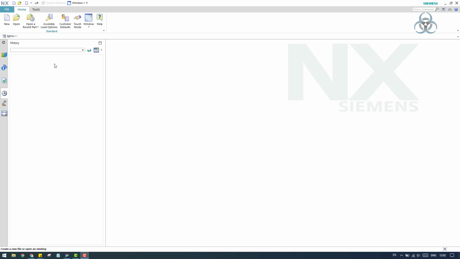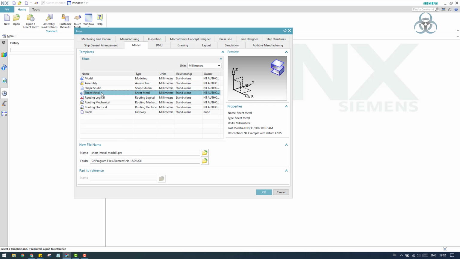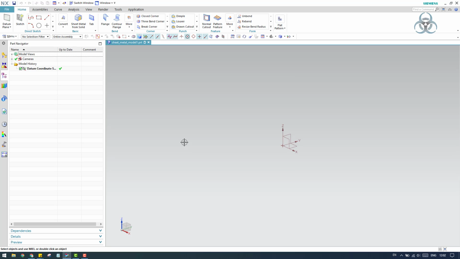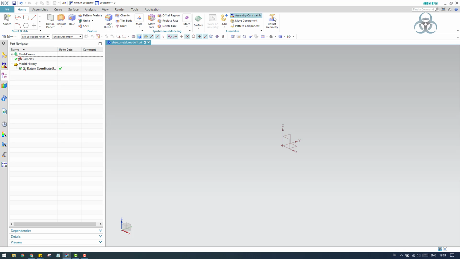In order to do that, we will start a new file. Just go to new file, select sheet metal over here and click OK. As soon as you enter the sheet metal component, the commands will be active here. Suppose you mistakenly press any of the commands, it will go into the modeling workbench. For example, you can see it has now moved to the shear modeling